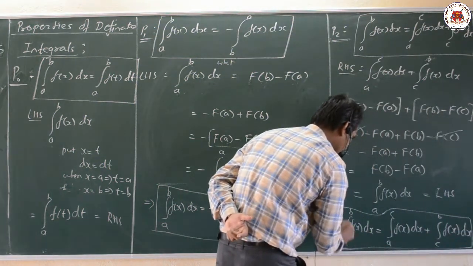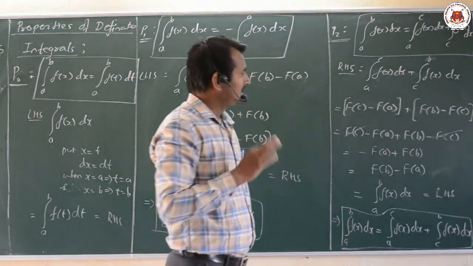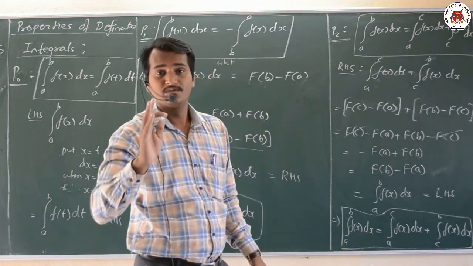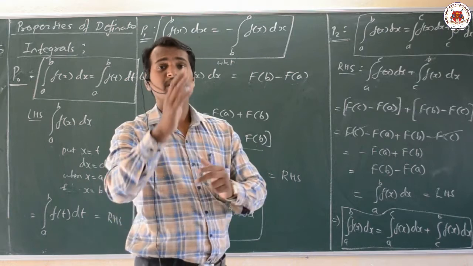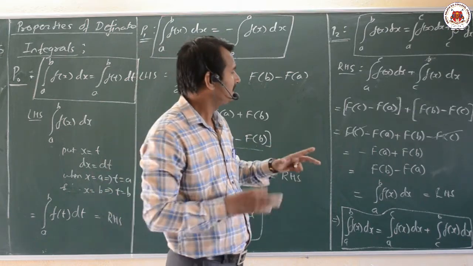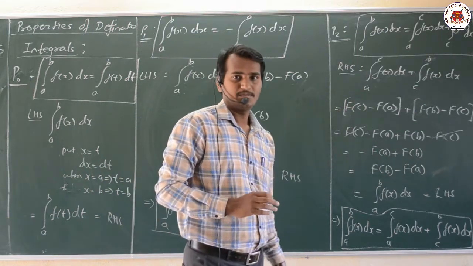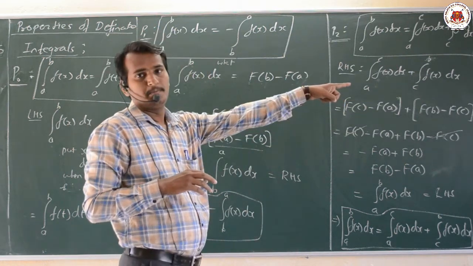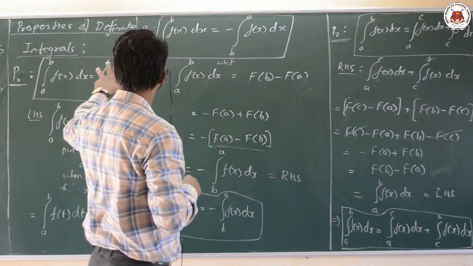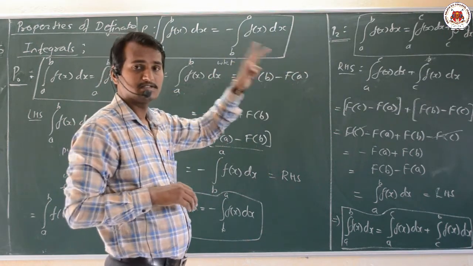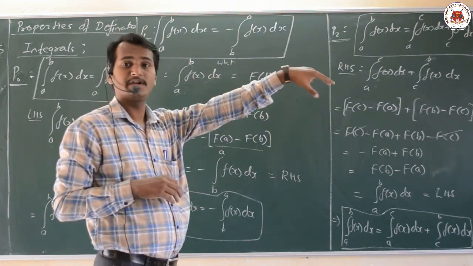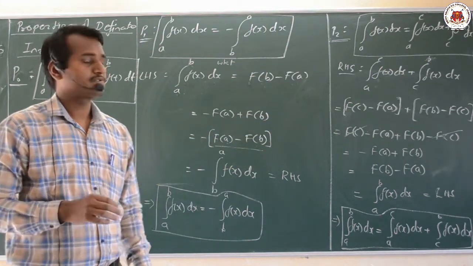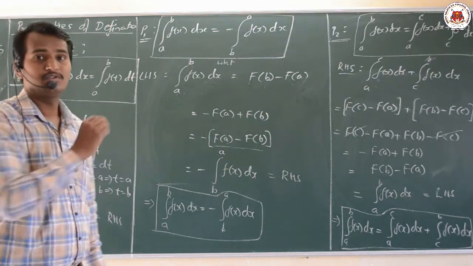Very simple example here. If this property is asked in your examination, it will be asked for 4 marks, along with 2 more marks for one simple problem on this particular property. From an examination point of view, it starts from our P2 property, and here there are P0, P1, P2. These properties will be helpful for your forthcoming properties. Okay, dear students, now please pause the video to note it down.